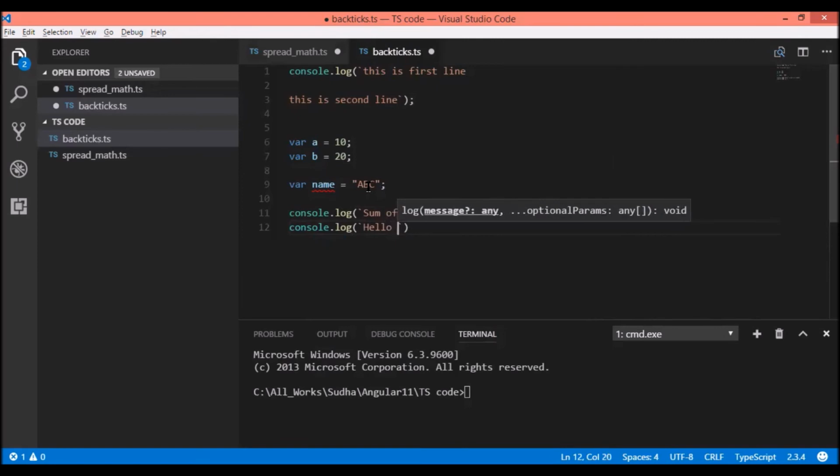So we are welcoming this person with the name ABC. So we'll write like this. Okay, save it, then we'll compile it.